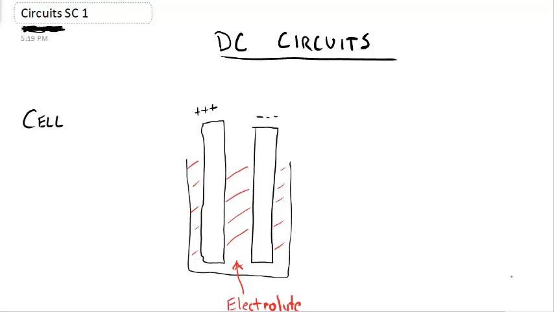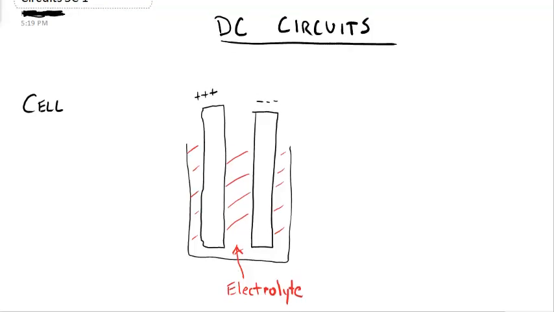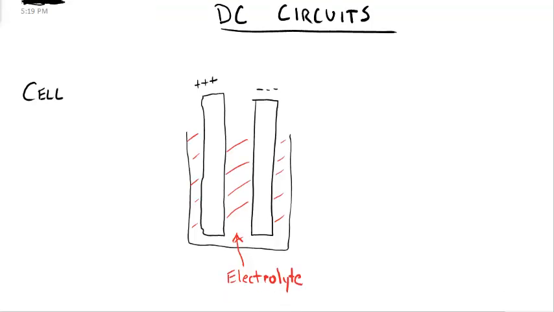So the first part that we look at when we handle circuits is we're going to start with a cell. And a cell is what provides the energy for a circuit, or the current. And so this current can be something like this. This is a very basic view of a cell. So imagine a beaker with two different types of metals in it. And one metal is a material that gives up electrons easily, and the other one is one metal that grabs electrons easier. And between it, you have